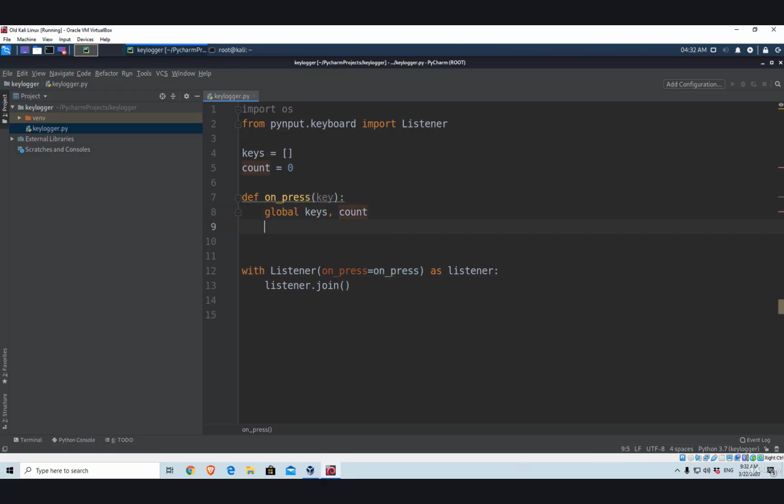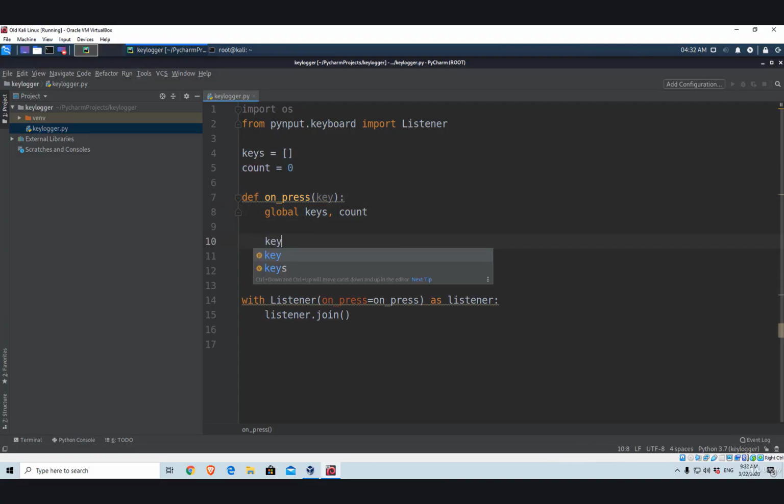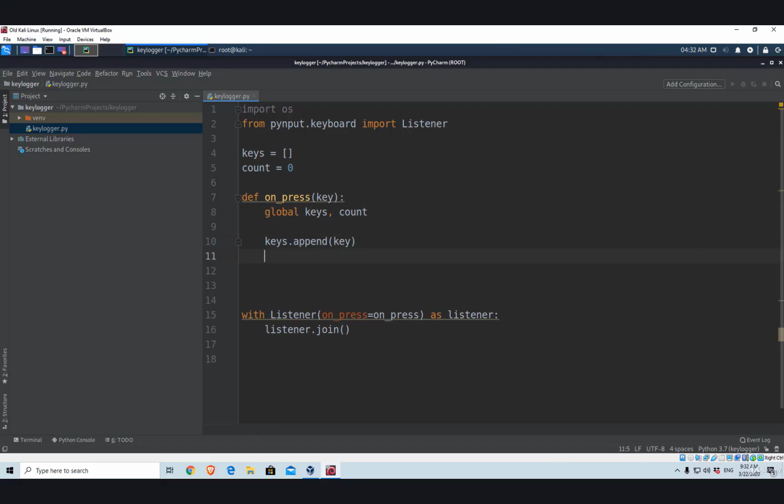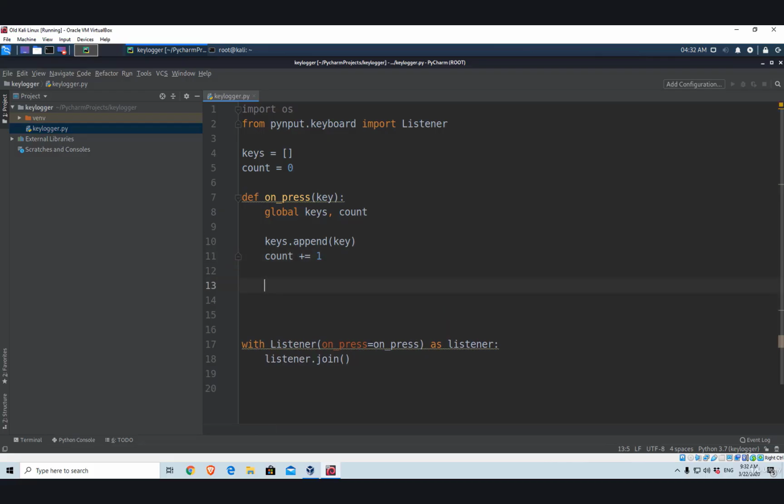Okay? Right away, first thing that we want to do, since our listener is started, and if we get to this function, that means that a key has already been inputted inside of a keyboard and has to be processed. Therefore, we will straight up add that key to the keys list. So keys.append. Append is a function that allows us to add elements to the list, and we want to append the key element or the character that was inputted inside of a keyboard. After it, for each character, we want to increase the count variable by 1, and we do that by specifying count plus equals 1. And after this we want to store this key inside of a file that will store